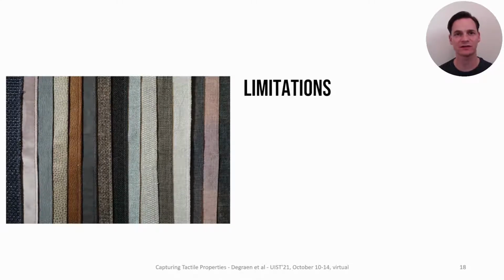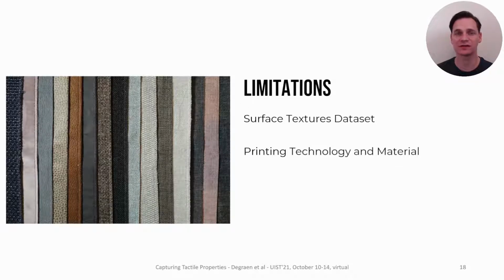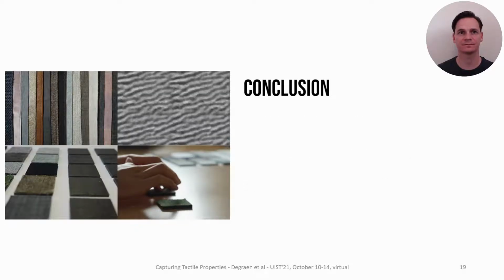Certain limitations apply to our approach. Firstly, our results focus on specific surface textures. It remains to be seen how results translate to different materials such as wood or metals. Similarly, our results are bound to the used printing technology and the materials. Lastly, as we only focused on tactile perception and users did not receive any visual stimuli, further work would need to investigate how haptic reproduction can serve mixed visual haptic scenarios, such as proxy objects for virtual reality applications.